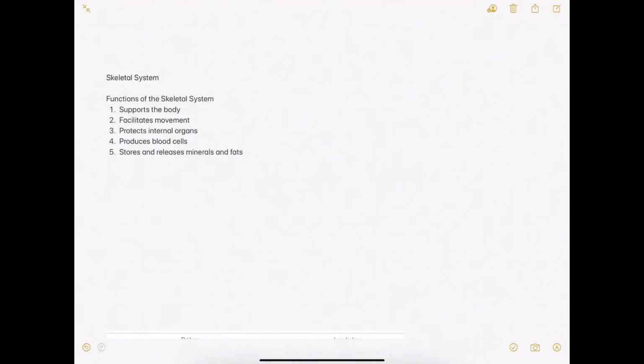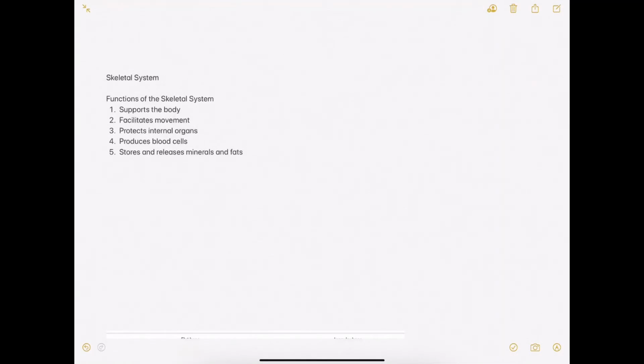So yellow marrow contains adipose tissue, or fat tissue. So it stores fat tissue, but it can also serve as a source of energy if the body needs it. The red marrow, however, is responsible for the production of blood cells, such as red blood cells, white blood cells, and platelets. So that's responsible for the production of blood cells, which brings us to our 5th critical function